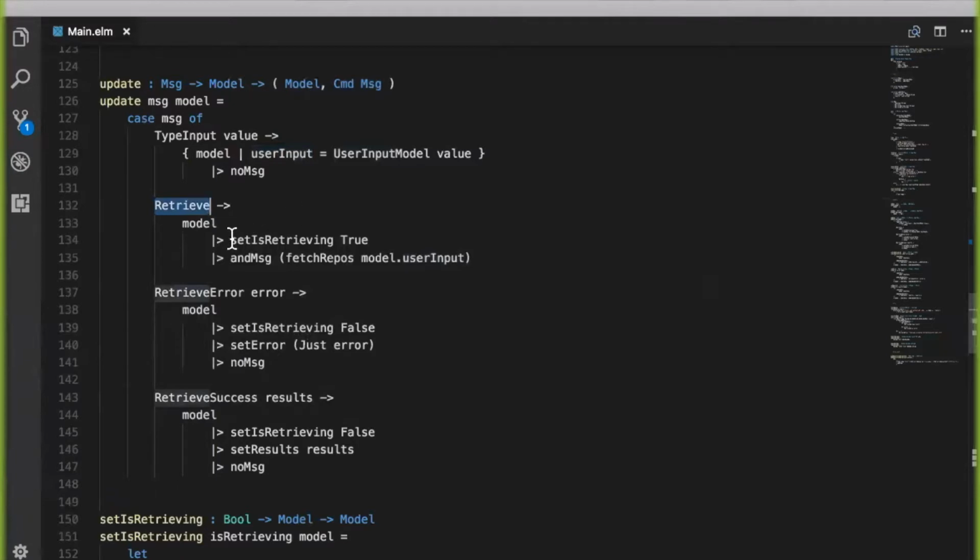And all we want to do here is call a helper function that sets the retrieving value to true, and we want to do some side effect. We want to actually do an HTTP request to go and fetch those repositories. Now, Elm will handle performing that side effect, and when that side effect resolves, it'll either resolve successfully or it'll